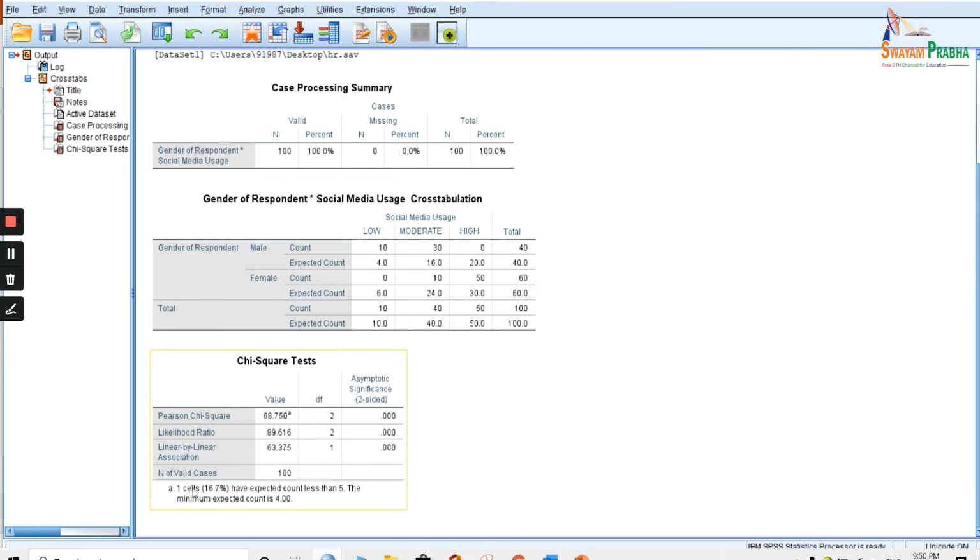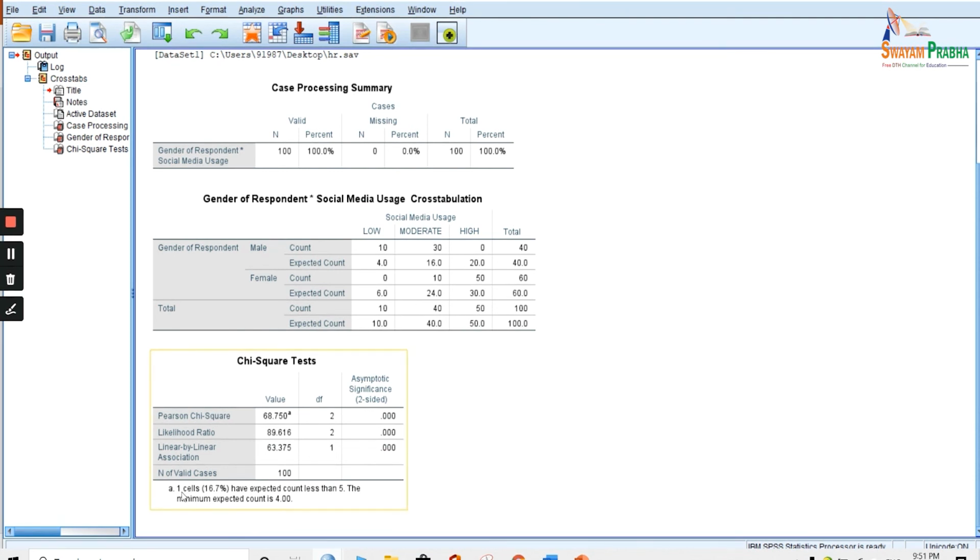The assumption of our chi-square test was that the expected count should not be less than 5. You can see here these are our expected counts, so in any case it should not be less than 5. But yes, you can relax these assumptions as well.